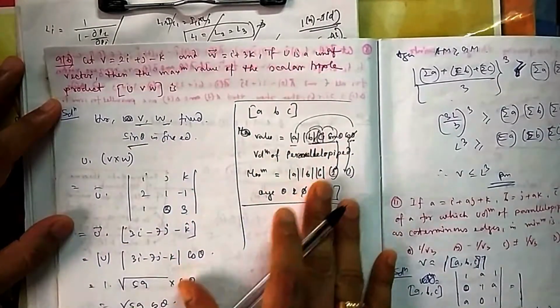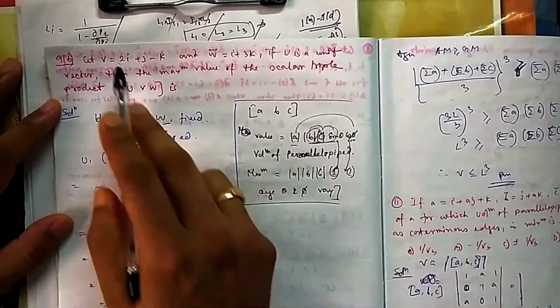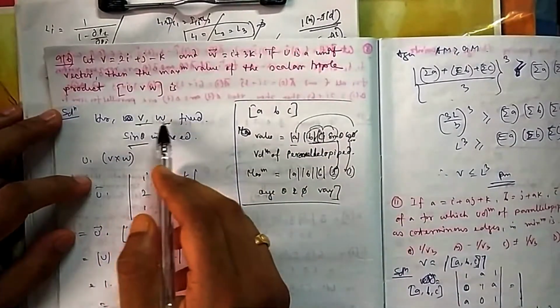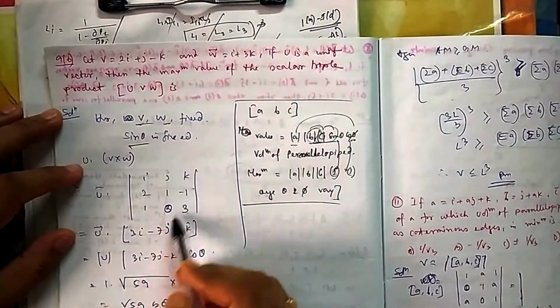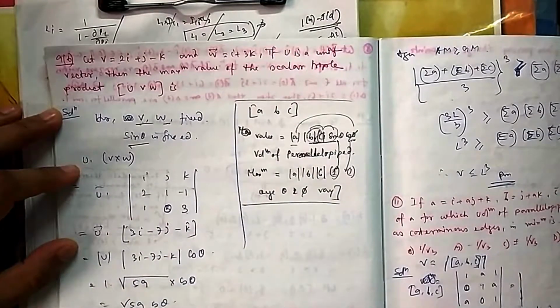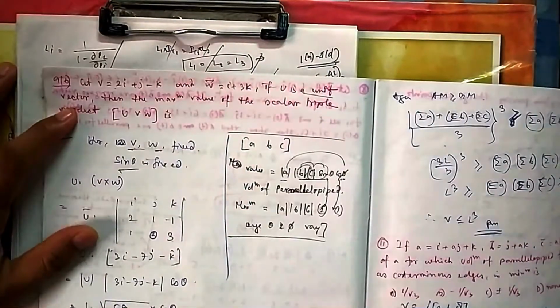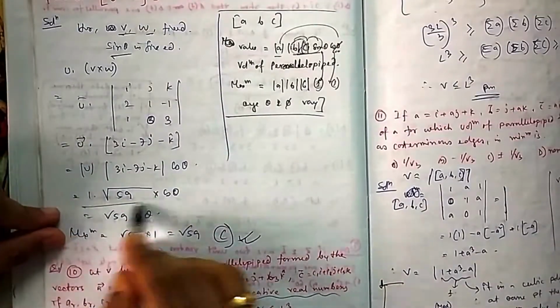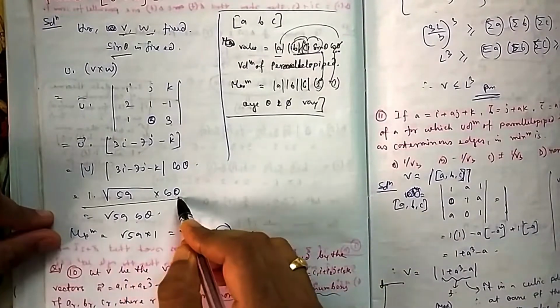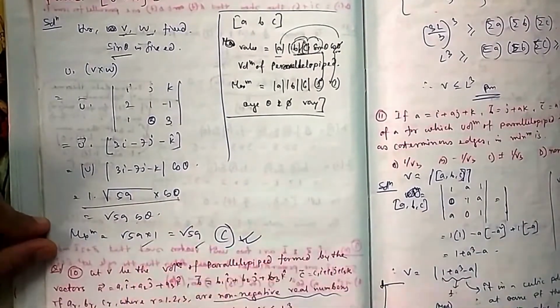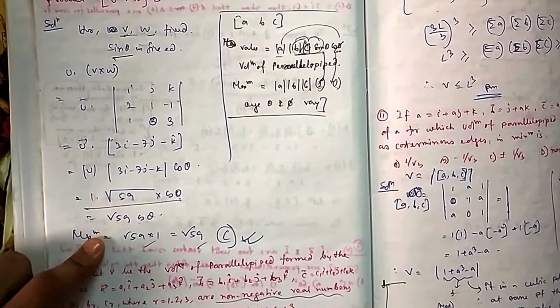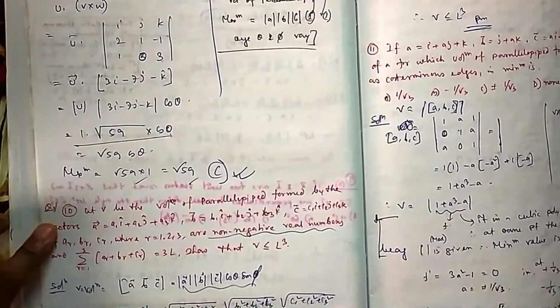Okay, forget it, no need to go that way. Let's calculate this. It is V cross W, V and W are given, so this is this much. If you dot it with this one, it will look like this. And U is a unit vector, they have also given it. Now the maximum value of this is root 59, because cos theta maximum can go to 1. So maximum is this one, minimum is minus root 59. Maximum is asked, so that's why this is the answer.